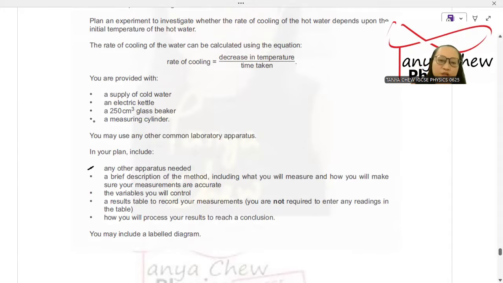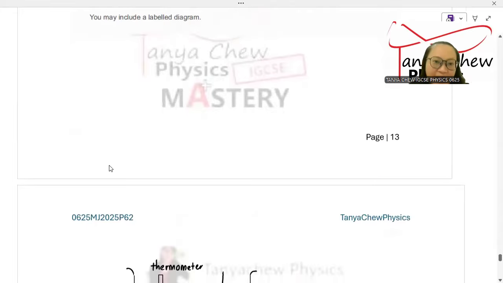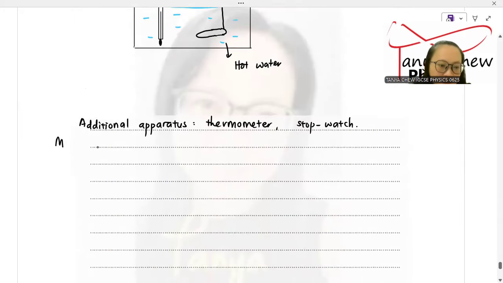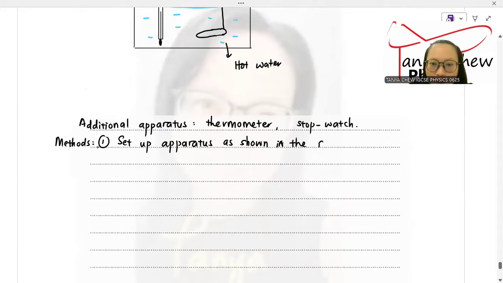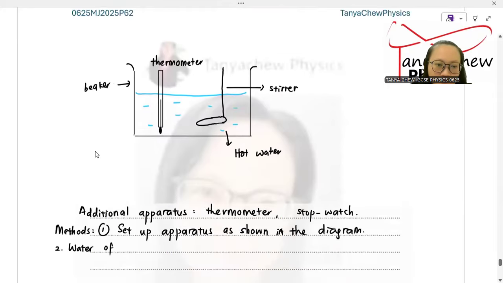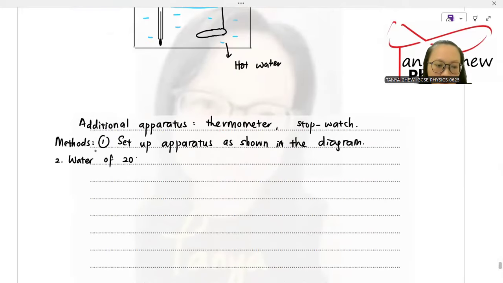Second, a brief description of the method, including what you measure and how you will make sure your measurements are accurate, remember. So this is my methods. Since I drew a diagram, I say set up apparatus as shown in the diagram. And the second part, how much water is given? 250. So I only need 200. 200 cm cube is measured